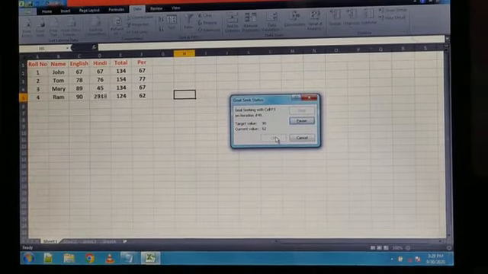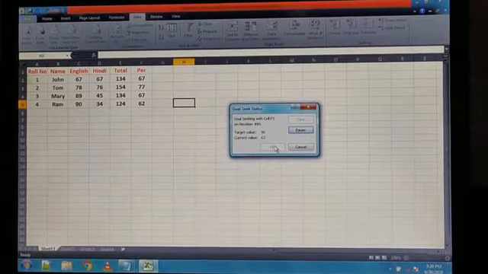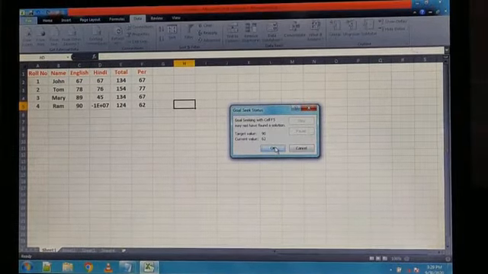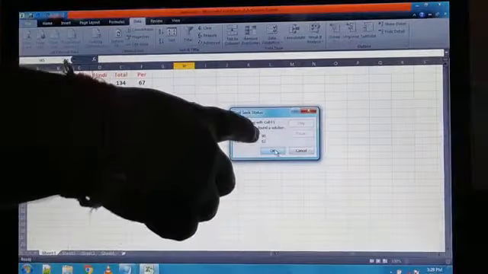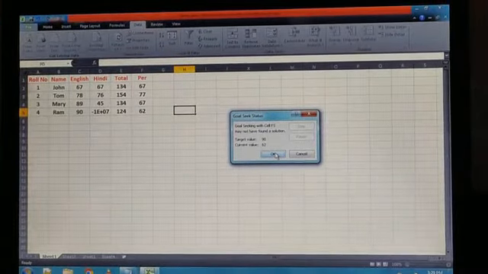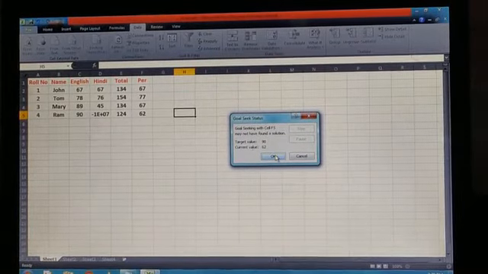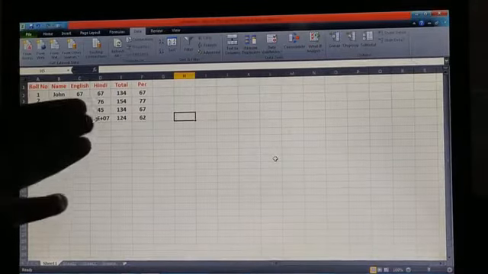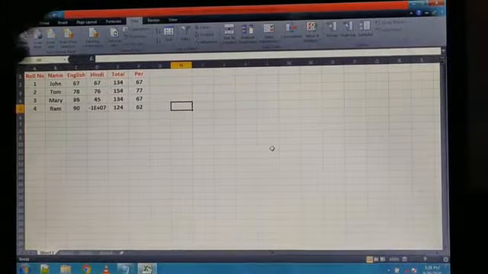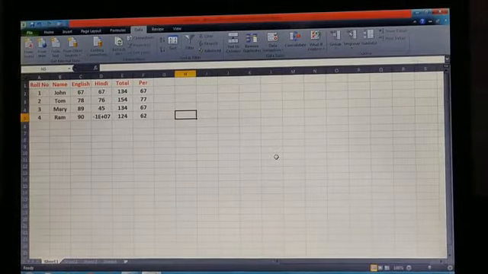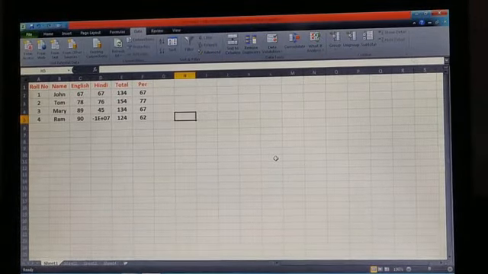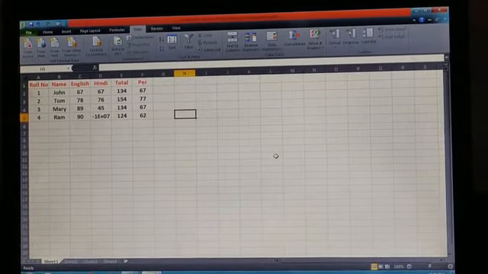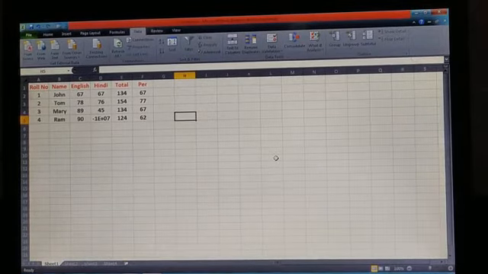Now you can see what will happen. The goal seek status dialog box appears on the screen, that displays the target value, that is 90, and the current value, that is 62. Now you have to click on the OK button. Now you have to observe this change in the cell D5. The number will change according to the percentage that you have previously defined. So this is called the goal seek feature that is provided by MS Excel.